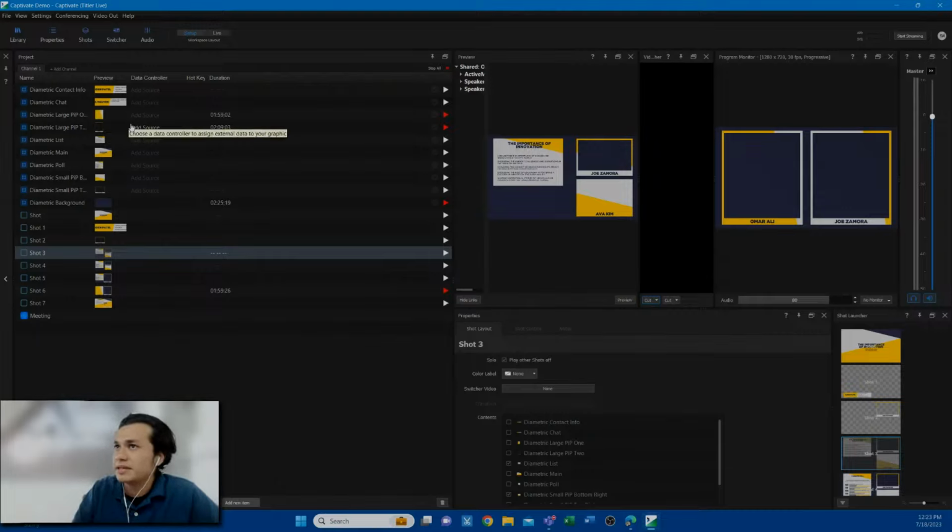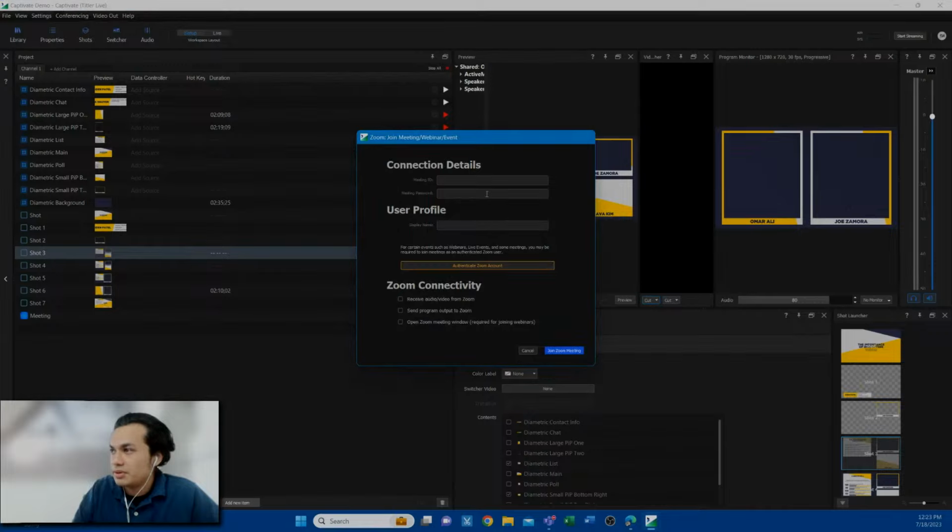And that is where something like our conferencing integration with Zoom becomes very important, because from here you can then join an existing Zoom meeting, and you can put in your meeting ID, password if it's there, and then your display name because you'll be joining as a guest. And here then you can select a variety of things depending on how you want to use